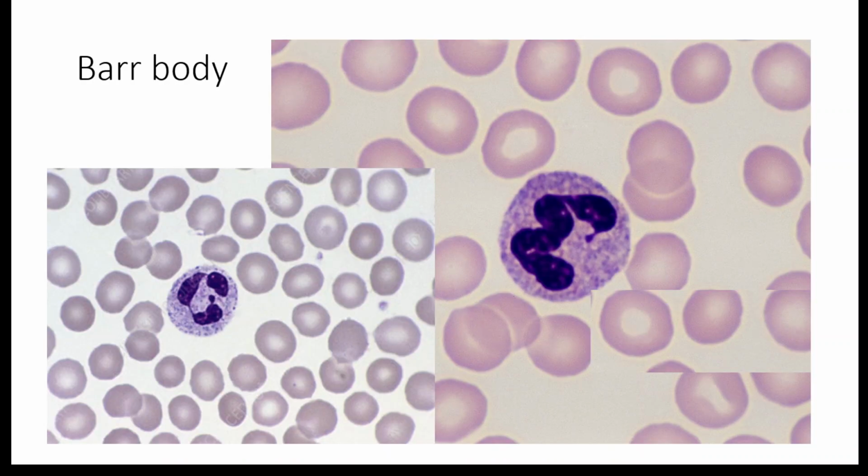An interesting feature that sometimes you would find in few of the neutrophils, especially in females, is a small appendage structure in one of the lobes, and this appendage corresponds to the Barr bodies. And when we are trying to do identification of the sex of a patient, in cases of ambiguous genitalia or etc., presence of these Barr bodies also would be suggestive of female sex.